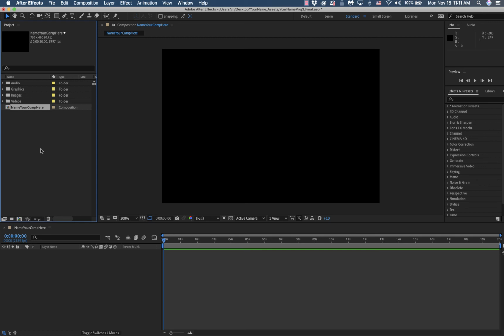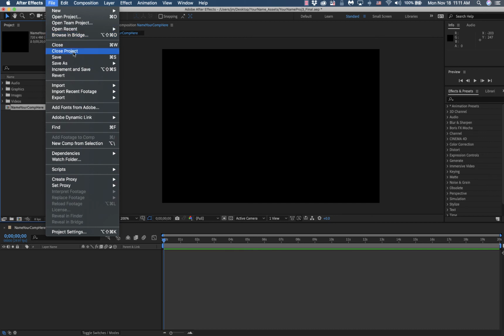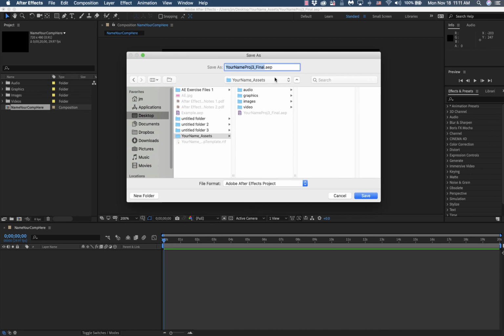Now when you are saving your projects, okay, you folks will go to File and do either Save or Save As. Now, like I explained, for Photoshop, Illustrator, and whatnot, I tend to use Save As when I'm doing major saves, just so we get different variations. So you could do a Save As, and you know, you don't need this part right here, your name project 3. What we're going to do is change that to whatever your name is,